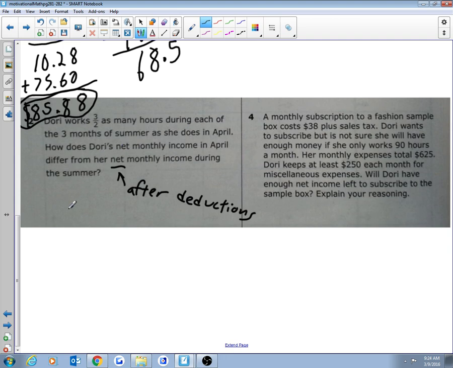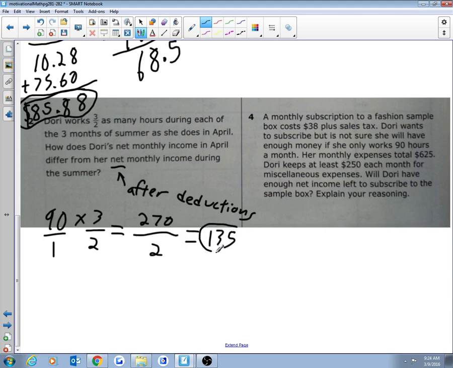So she works 3/2 as many hours. She takes her 90 hours that she worked in April times 3/2. So that's going to become 90 over 1. 90 times 3 is 270. 1 times 2 is 2. 270 divided by 2 is 135. So that's how many hours she's working each of the summer months. 135 hours. Let's go ahead and mark it. 135 hours. And her hourly rate is